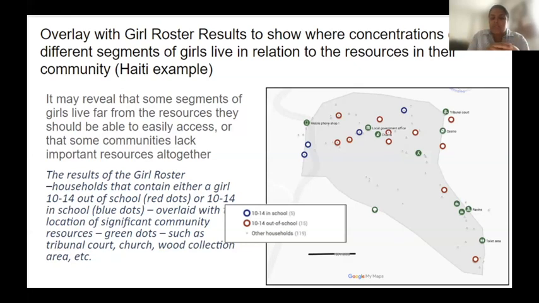So it may reveal to you that some segments that you're interested in live very far from the resources that they should be able to access, or that some communities actually lack really key resources altogether. So in this example, you can see there's a church, there's a wood collection area, there's a casino, there's a toilet. I do not see, however, a school, which could explain why there are more red dots for girls who are out of school. Okay.